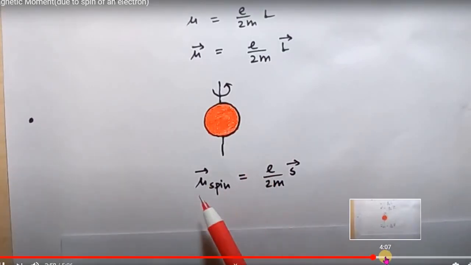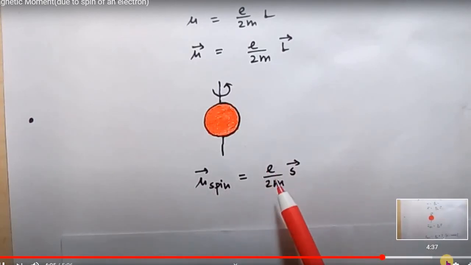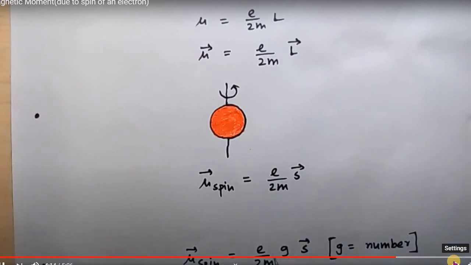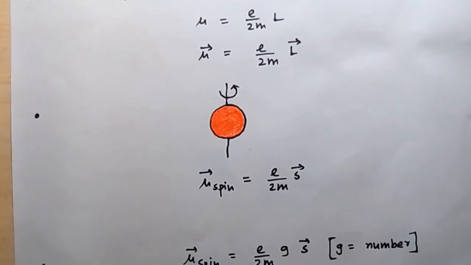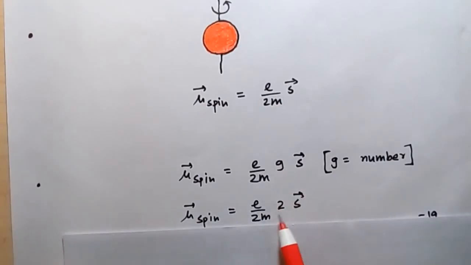If we measure this magnetic moment through experiment, it comes out that this expression is off by a factor of 2. So to fit the experimental result, we have to incorporate a factor called the Landé g factor, and we are putting the g factor forcefully to match the value of the magnetic dipole moment of spin to the experimentally measured value. But this Landé g factor comes naturally in Dirac's equation. So the magnetic moment due to spin equals e by 2m times the Landé g factor, which is just a number, times the spin angular momentum. In the case of the electron, g has a value of 2.